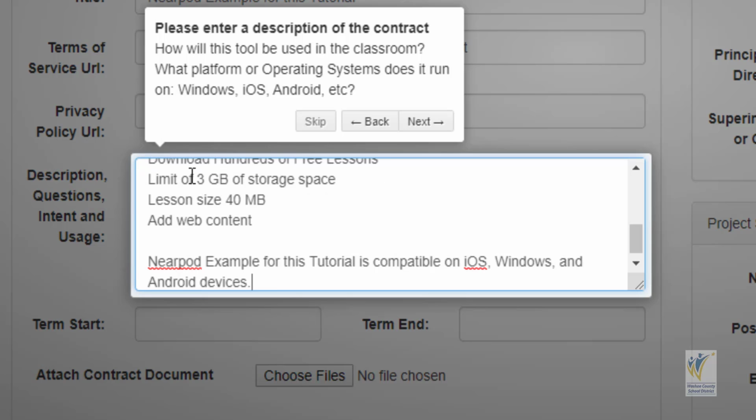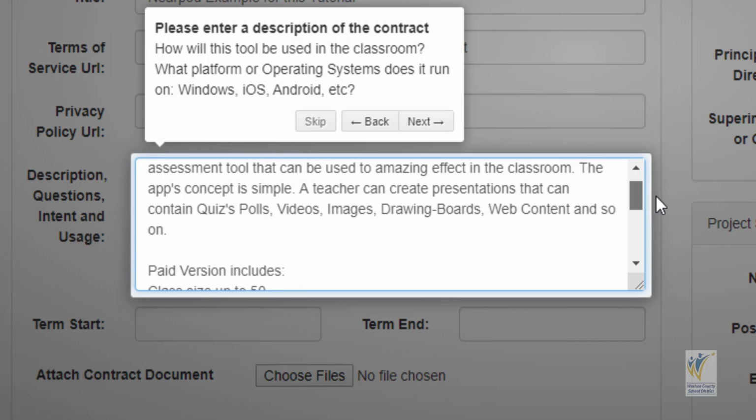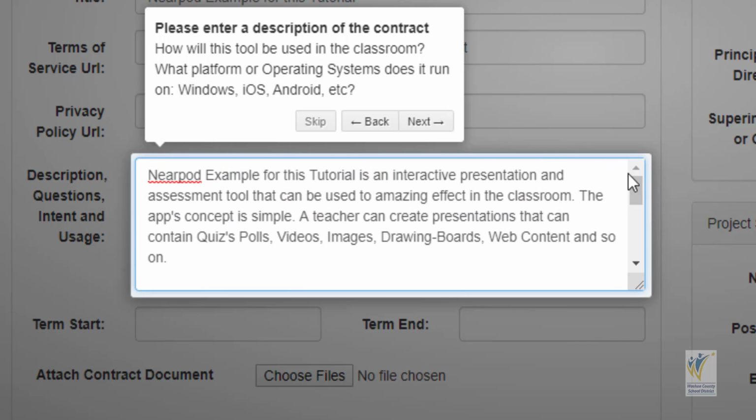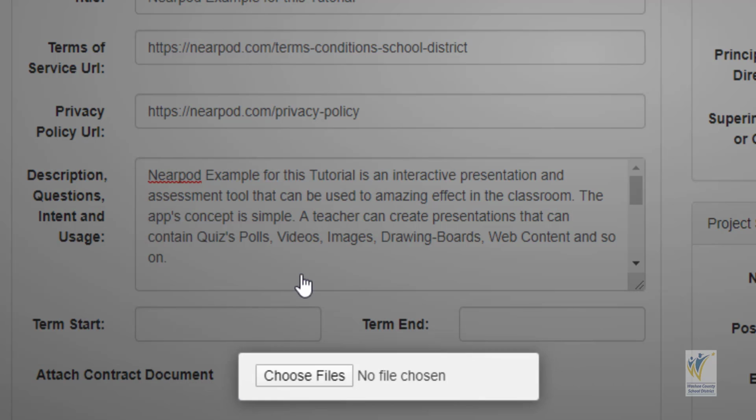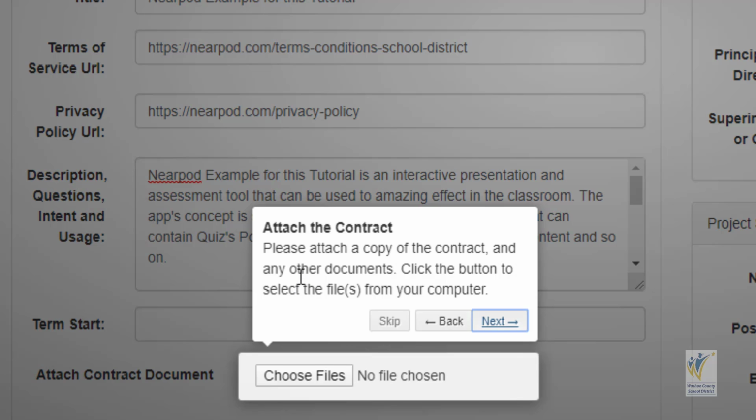In this example, you can see these questions addressed in this description. Click Next. In these fields, type in a term start and end date of the contract, if applicable. Leave blank if no dates exist. Click Next. If there is a formal contract to attach to the contract review form, you can do this